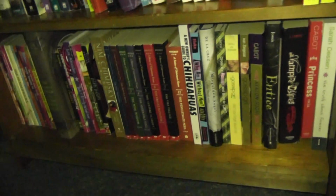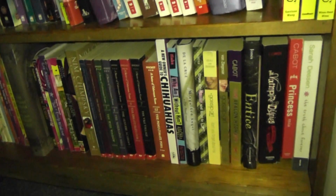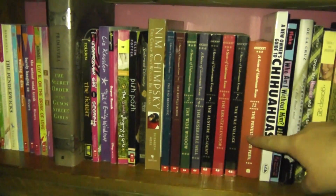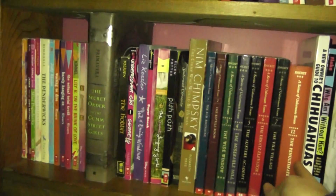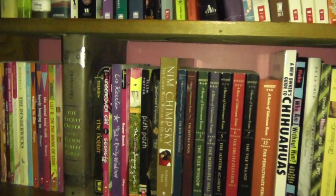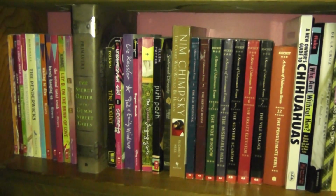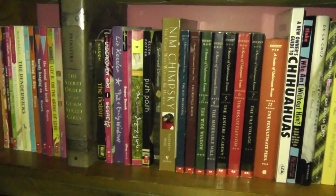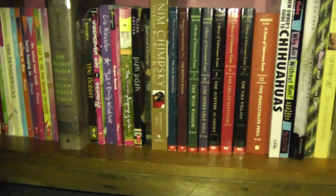Down here on this bottom shelf, I'm not going to go through it author by author and book by book, but essentially these books all down here up until this point are junior books that my sister and I used to read, and books that I no longer want on my actual shelf. You can see that A Series of Unfortunate Events are here. Yes, I know that they're there. I'm also missing a few